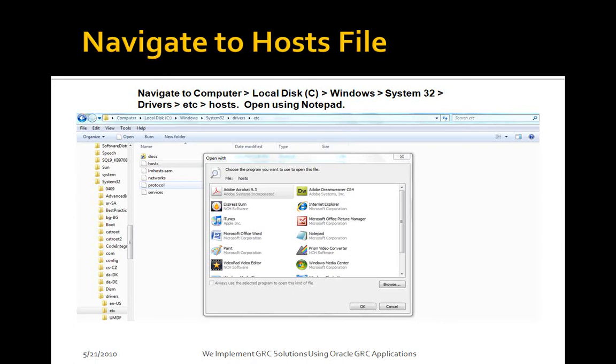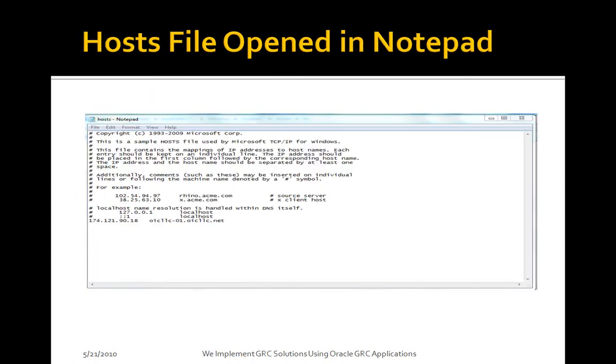Next, you want to navigate to the host file. Use the navigation path listed above, and then you want to open your host file using Notepad. And when you open Notepad, you'll see at the very end there's an entry you have to make, and it's